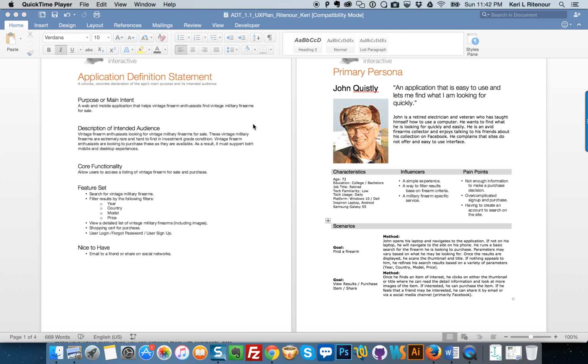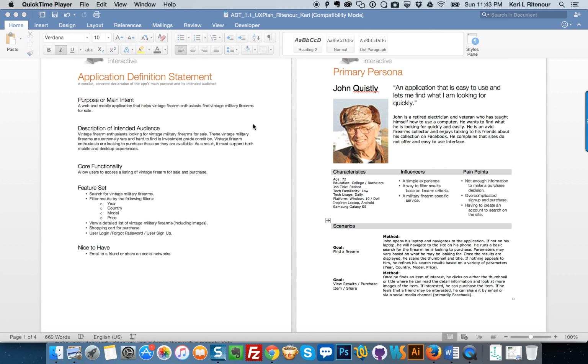There'll also be a shopping cart so they can purchase, and if they decide to purchase, there'll be a user login and also the option to sign up as a user or look up your password if you've forgotten it. A feature that would be nice to have is being able to email a particular gun to a friend or share it on various social networks.